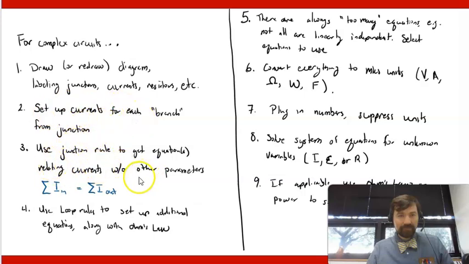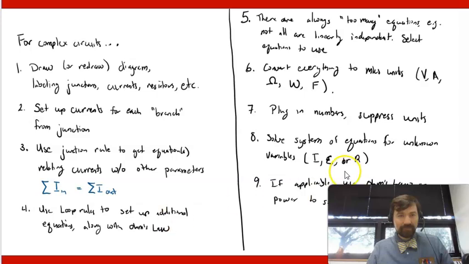You use the junction rule to get some equations that relate currents to each other directly. There aren't any other parameters in those. Then you use the loop rules to set up any additional equations you may need, and these will basically relate currents to voltages to resistances, etc.,